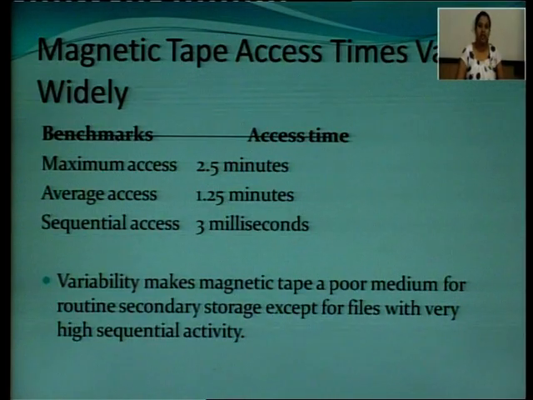Then comes magnetic tape access time, which varies widely. Here are some benchmarks: the maximum access time is 2.5 minutes, the average access time is 1.25 minutes, and the sequential access is only 3 milliseconds. So variability makes magnetic tape a poor medium for routing